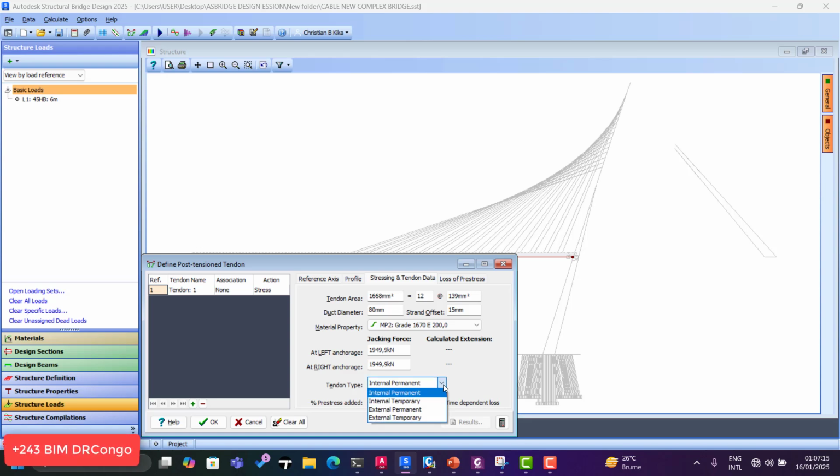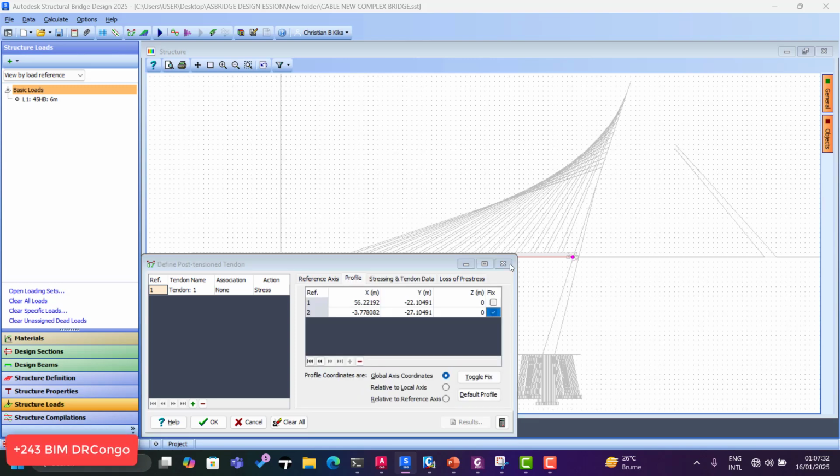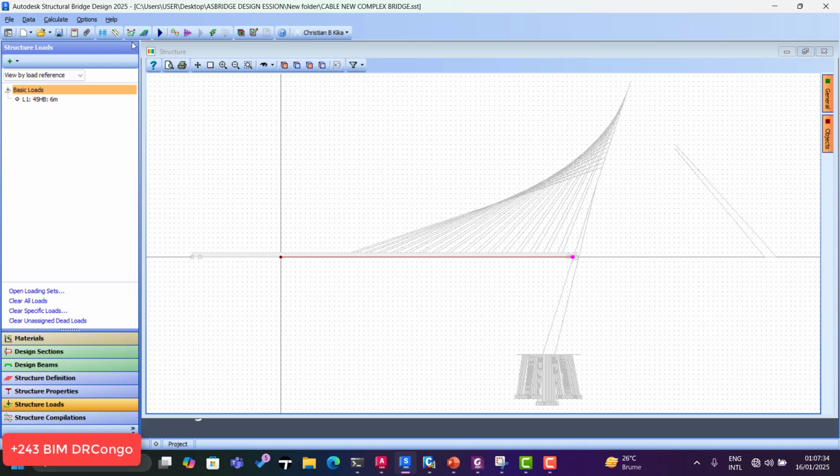For structural bridge design, you can use only internal permanent for the tendon type, not internal temporary. When we click here, you can define another profile, and so you can have many, 1, 2, 3, or many types of profile you may need. And after, you can just add, click here, and you run